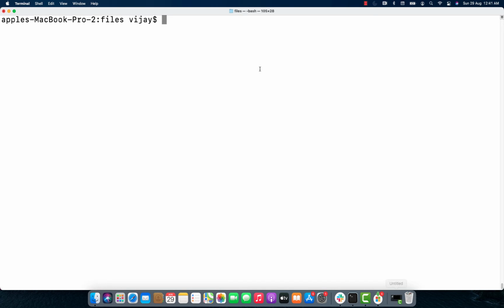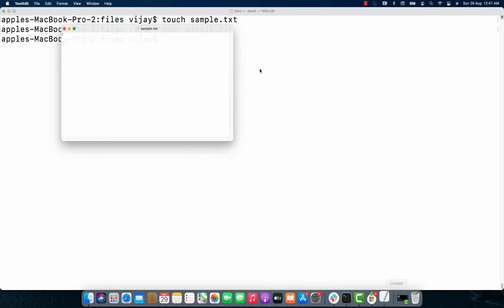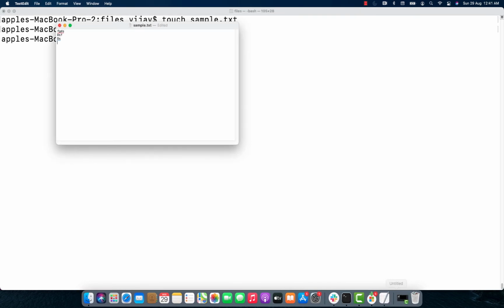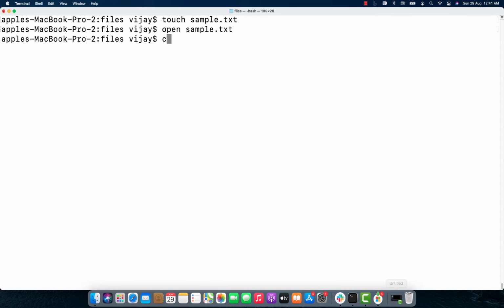So next command is cat command. So cat command is used to show the content of a file, and we can create a brand new file as well with some content. So let me create one file and let me put some content here. So let me simply give some dummy data, and let me save this file, and let me run cat command against this file. So cat space the file name, and